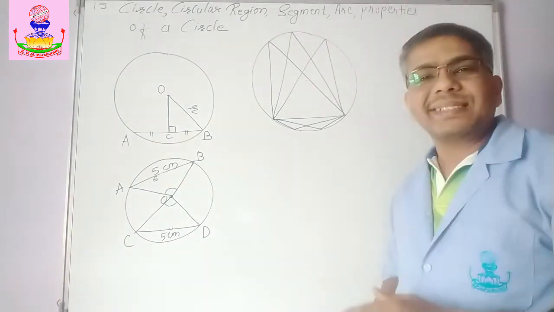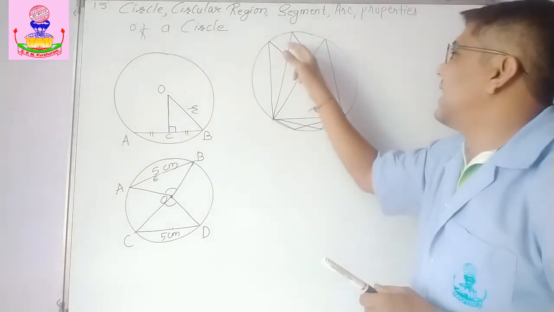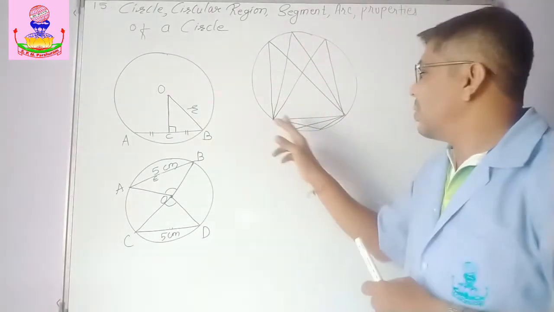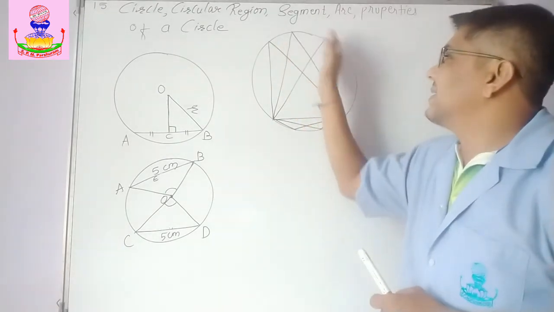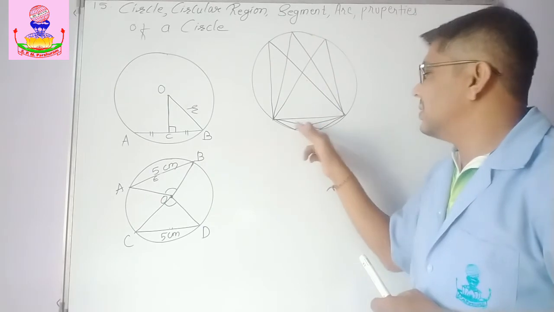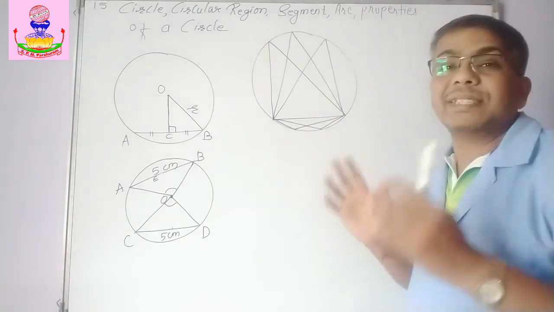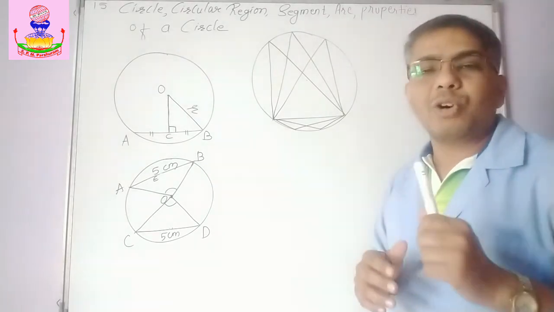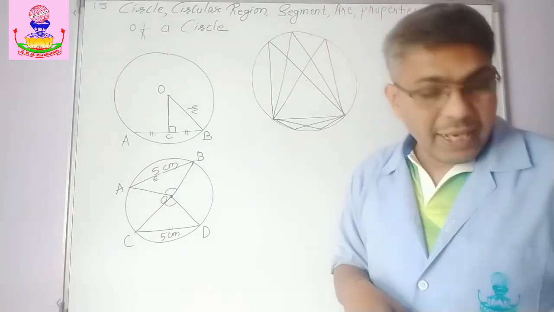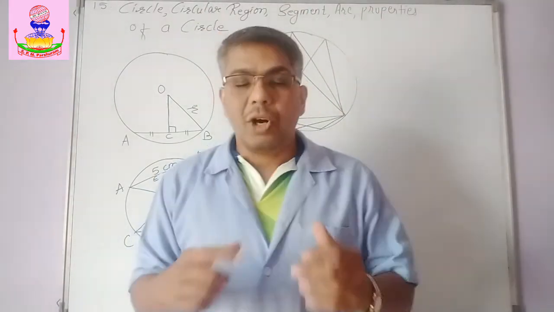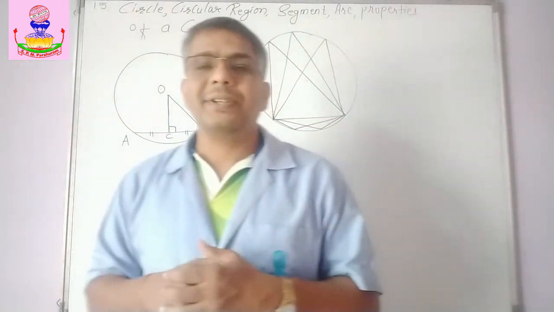One more thing, angles in the same segment are always congruent. So you can see here, the measure of these angles is always going to be the same because their end points are the same. Okay, so angles in the same segment are always congruent. Same here, you can see these are the angles in the same segment. So the measurement is always going to be congruent. Okay, so these are the properties of chords of a circle. So these are some interesting facts of the circle.